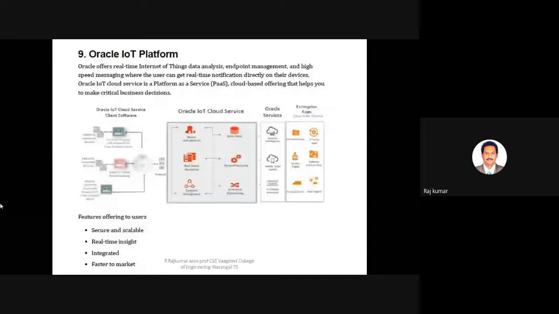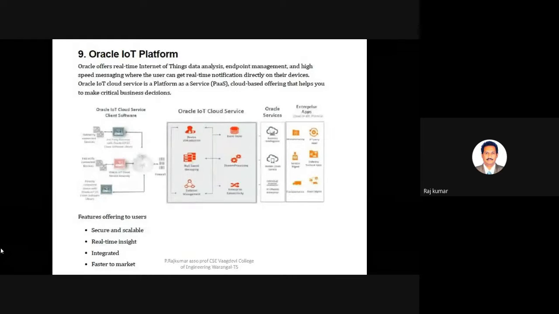Tomorrow we can add 500 more devices. Like that, we can scale up vertically to any extent. And real-time insights. As I said before, Oracle is a database provider. The data coming from IoT devices will be saved in a very precise format in the database. So analytics becomes a very easy task for them. That's why we'll get real-time insights at any instance.